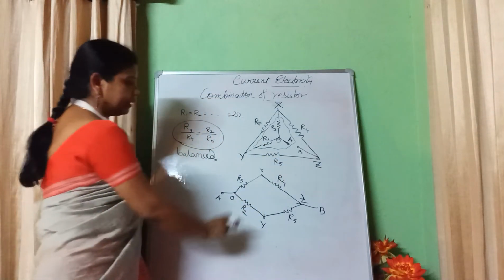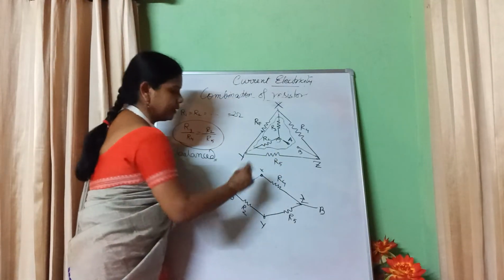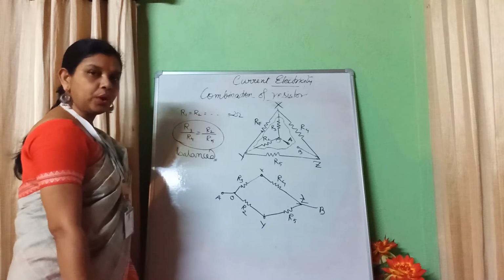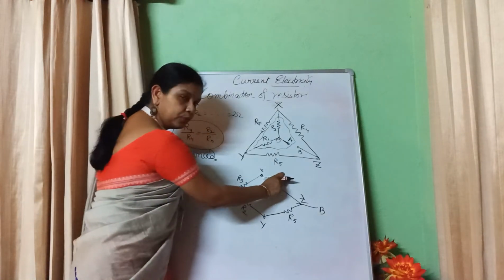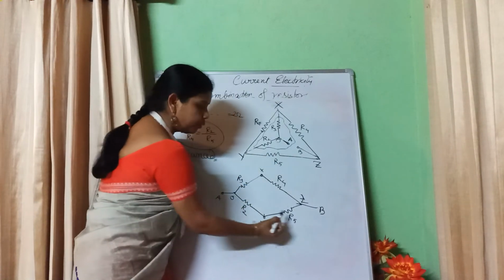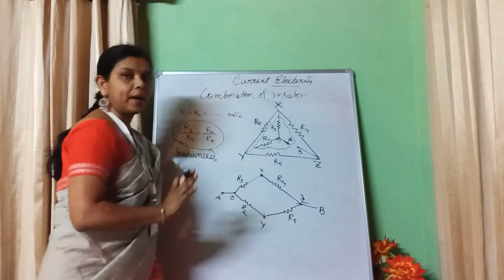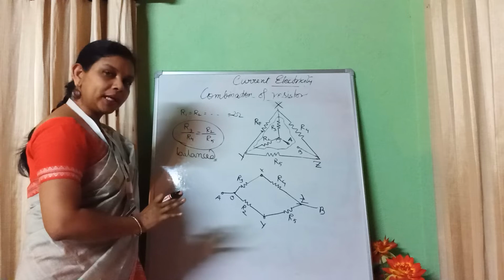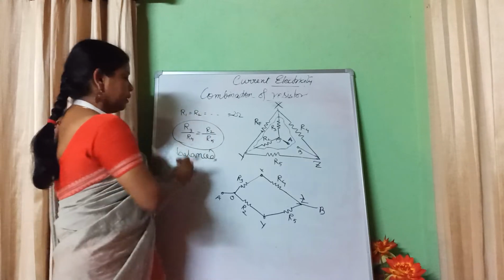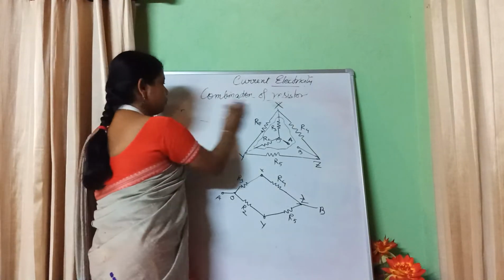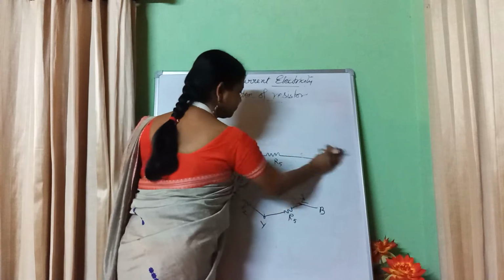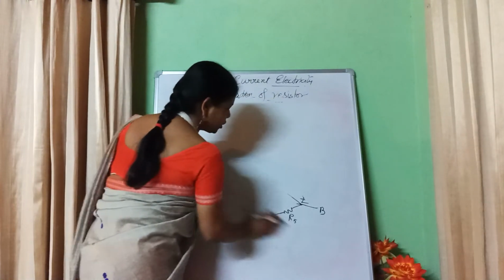What will happen? The middle part resistance will not be there. No current will flow through it. So R3, R4 are in series, R2, R5 are in series, then the entire thing is in parallel. Okay, clear now? Then let's move to the next part, the next question. The next question is,